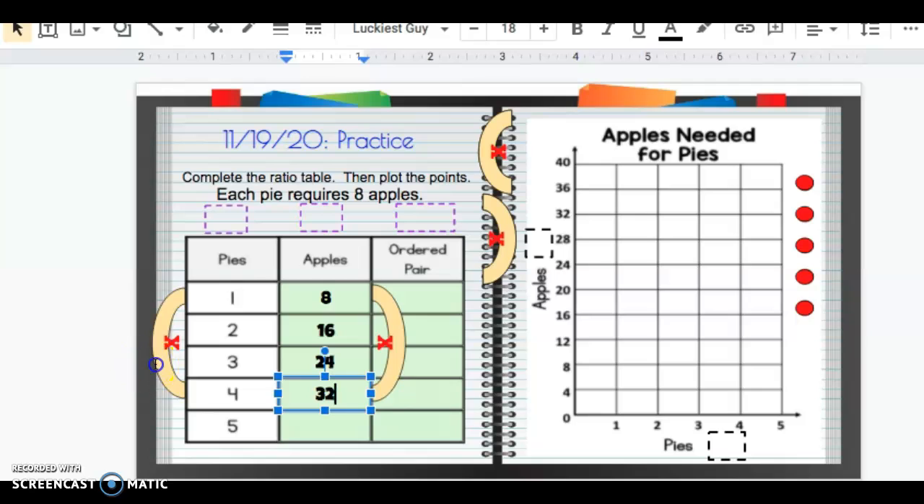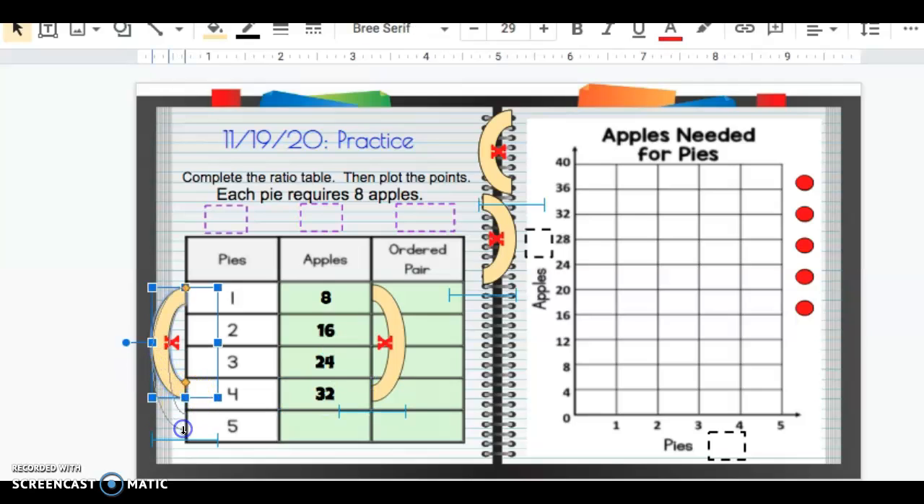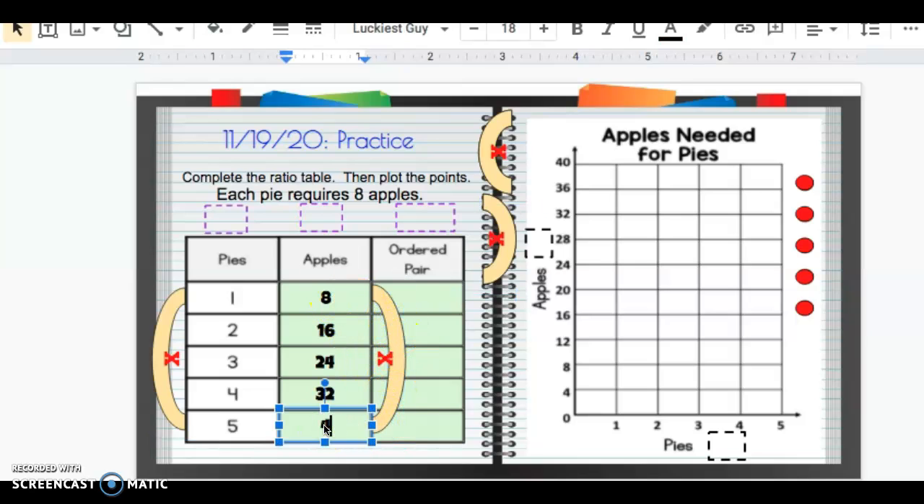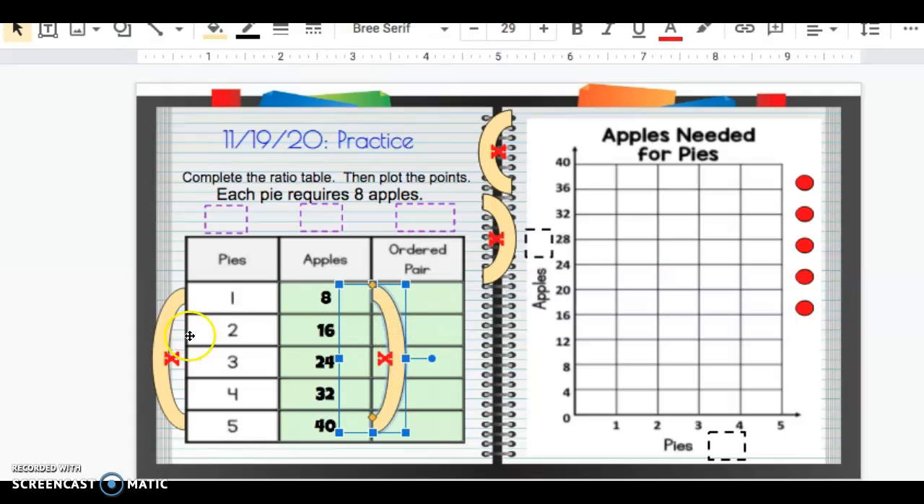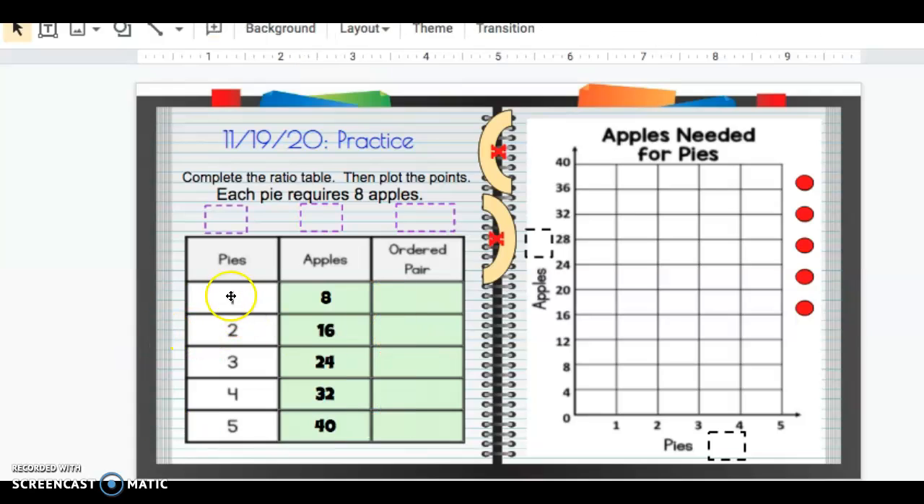So now I have to do 5. 1 times what gives us 5? 1 times 5 gives us 5. So now we have to do 8 times 5, which is 40. Okay, so now that we used our noodles and figured out our table, we have to figure out our ordered